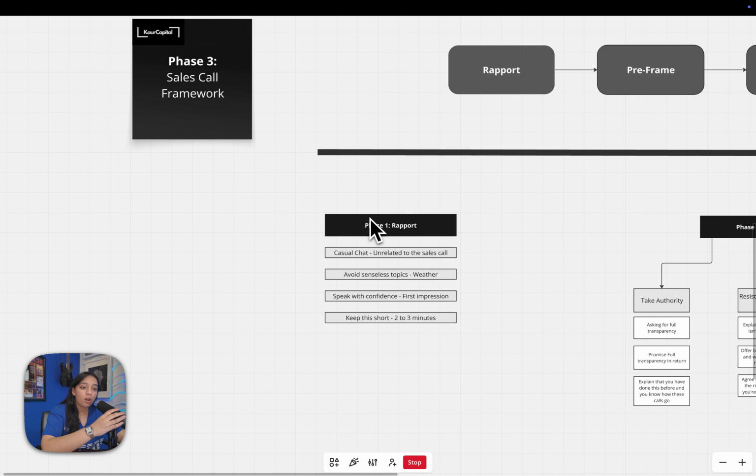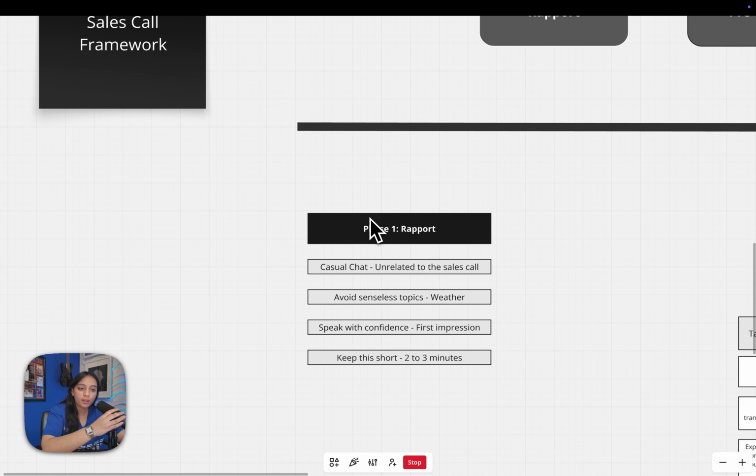It would be extremely awkward to jump on a sales call with a prospect and get straight into talking about whatever it is you're trying to sell. The whole point of building rapport is to get to know the person, and in order to do so, you just have to break the ice for about 2 to 3 minutes, nothing more, nothing less. And you want to keep this extremely natural and try to avoid conversations like, how's the weather today, or where are you from, etc. So my advice is just ask a question or two about them, keep it very casual,